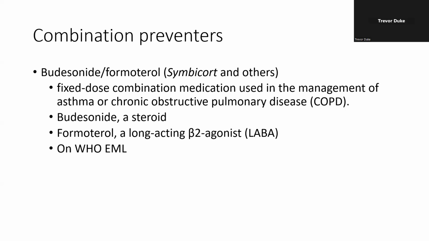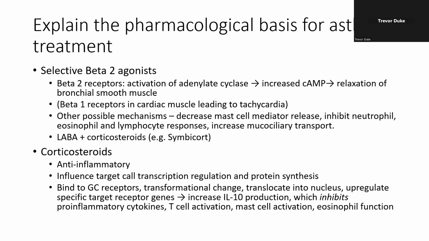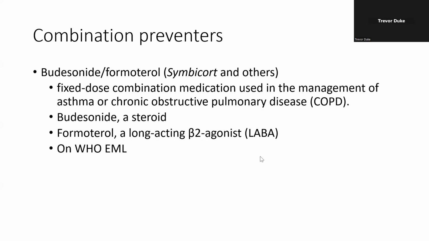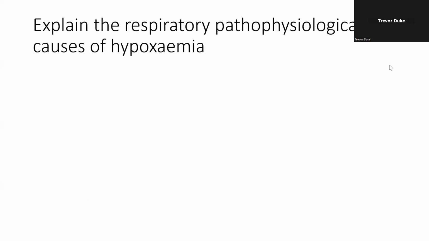combinations. Short-acting beta-2 agonists could lead to side effects like tachycardia and other things, and the corticosteroids are more likely to lead to other side effects if they're used in such high doses. But the combination dose seems to be more favorable than using one or the other. Okay, right. So that's asthma,